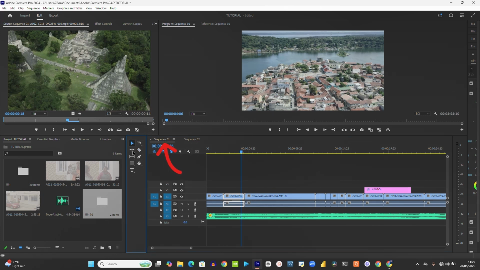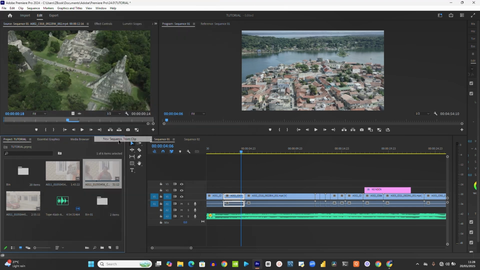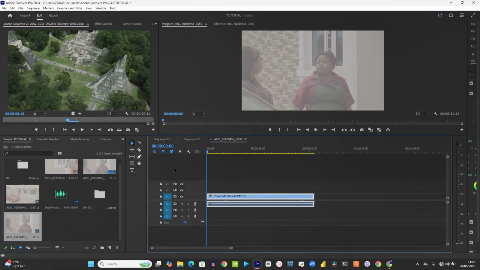You can create a sequence from your clips. I can create a sequence from this clip by just right clicking and clicking on new sequence from clip. Then this is another sequence, and this particular sequence can be used for another project. All right,